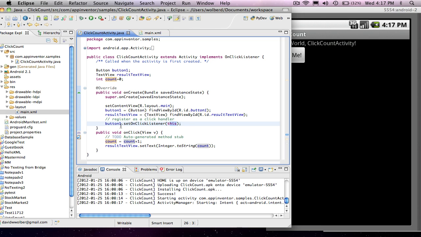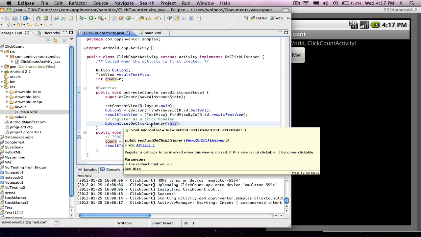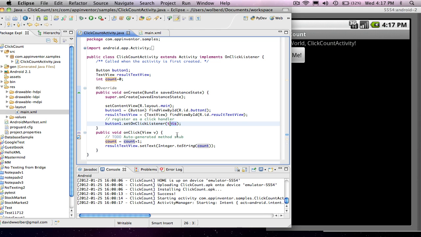And we're basically saying, button, look, when you get clicked, you want to tell me, meaning ClickCountActivity, about it. So the button object ends up having the ClickCountActivity as its data member, and when it gets clicked, it knows to send this onClick call to ClickCountActivity, and we get to handle it. So that's the basics of how listeners